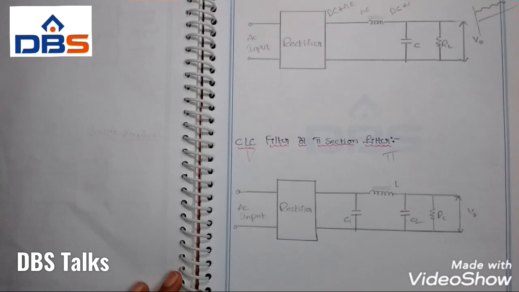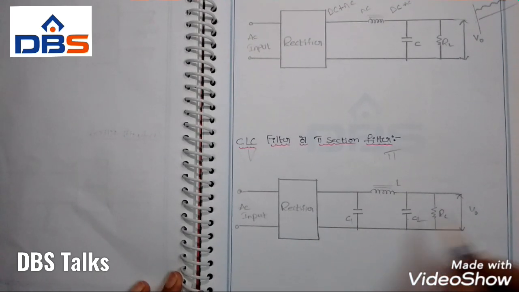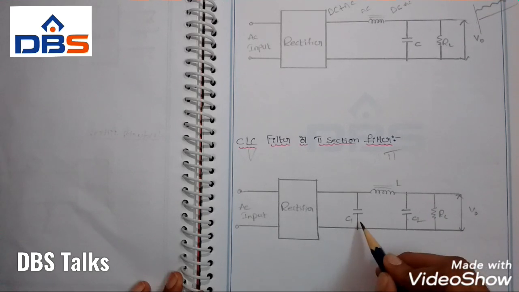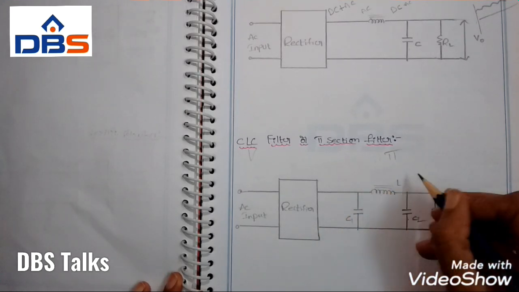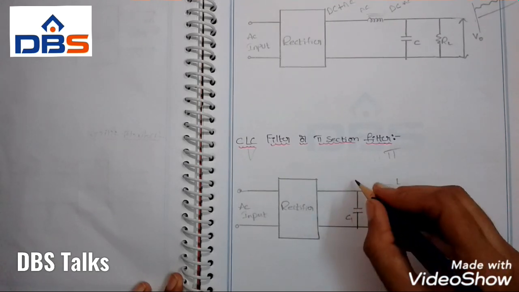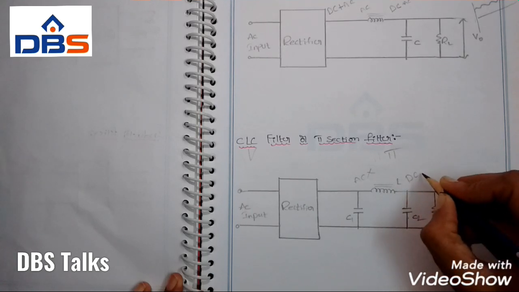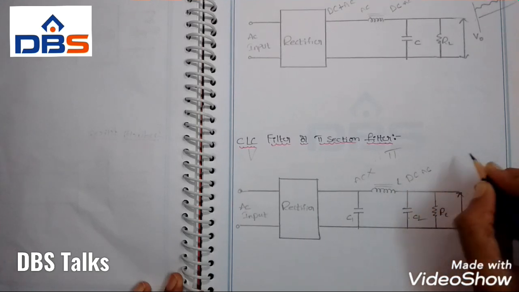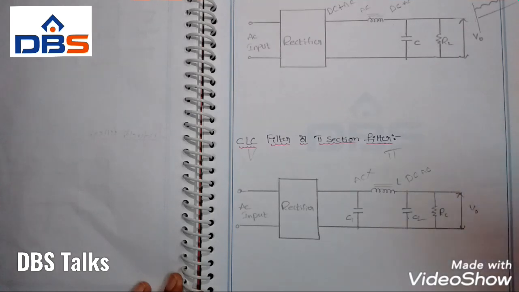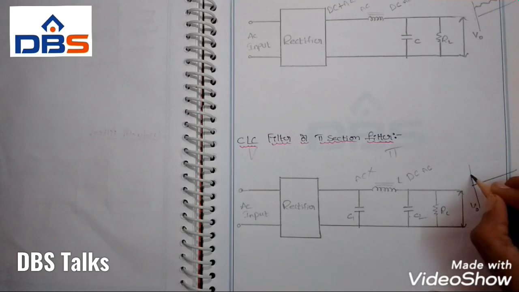What happens here is, first I am assuming this as C1, and this as C2. This C1 will charge and discharge and gives the output to the inductor here. This inductor will eliminate the AC components, and here we will get a DC and it retains some AC component also. That remaining AC component will be removed by the C2. Finally at the output side we will get pure DC.